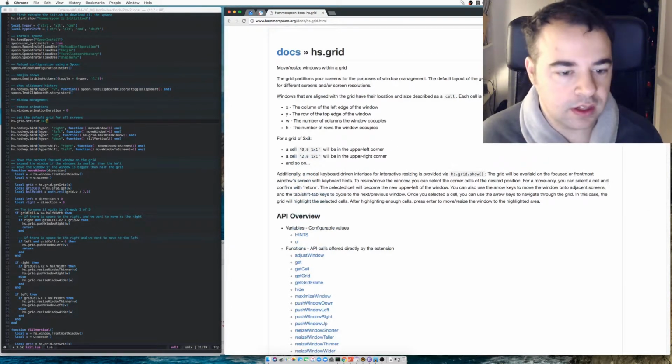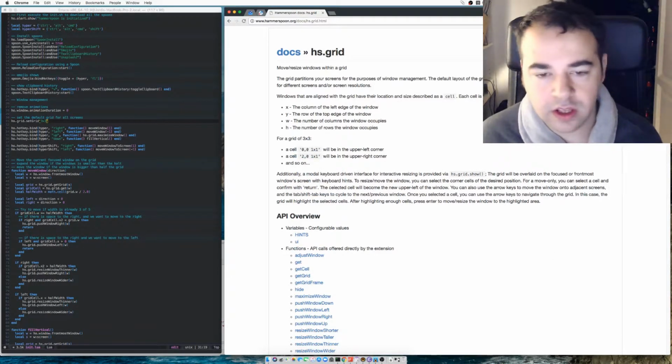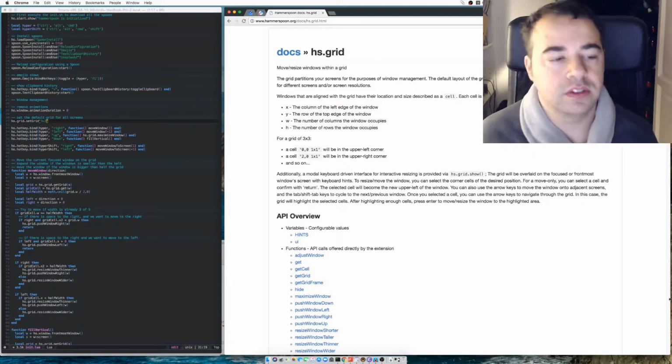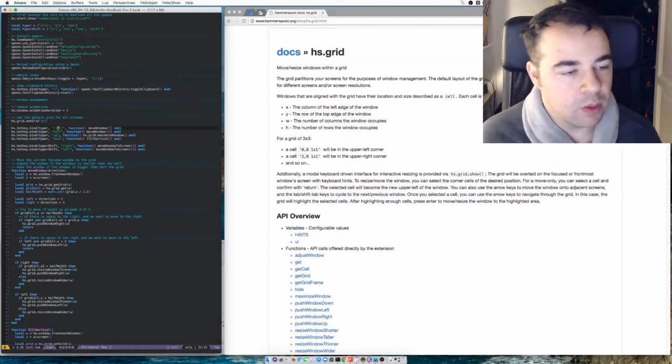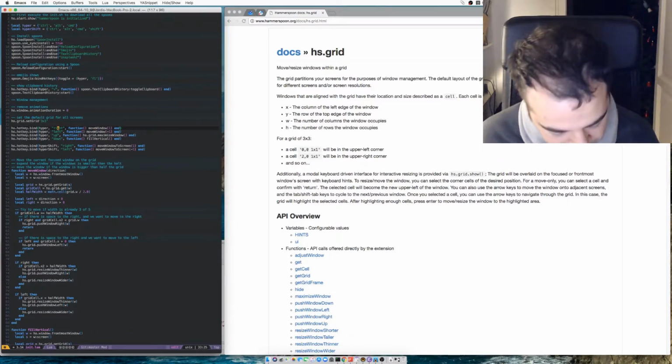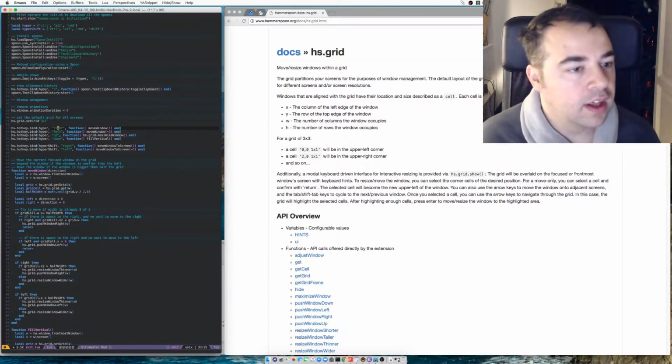Imagine there is a line here, another line here, and another here, and you can align windows to this grid. And whenever you press Control Command Alt and right,